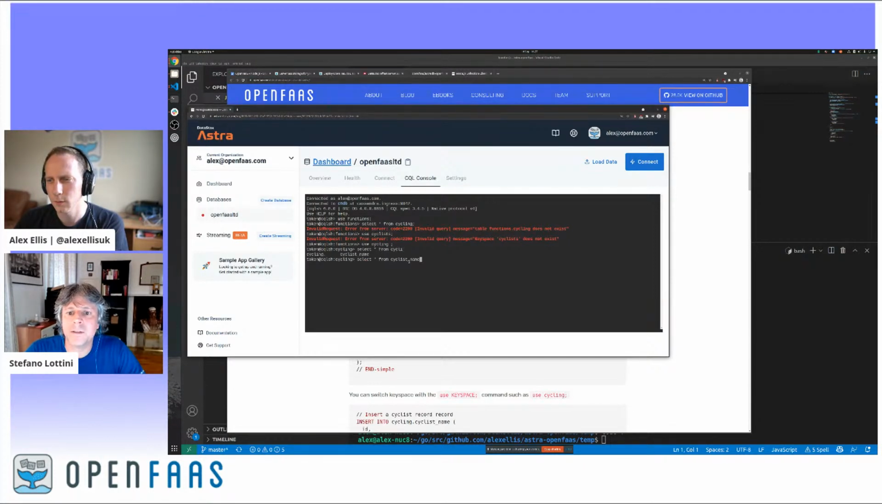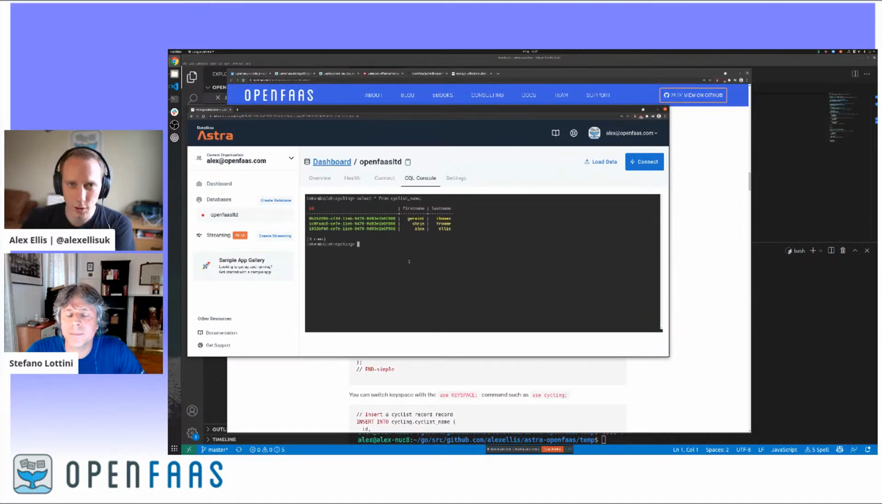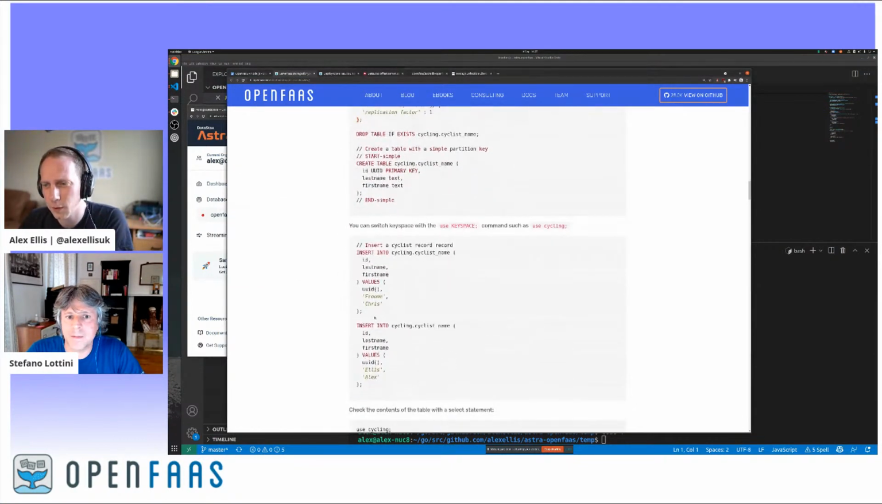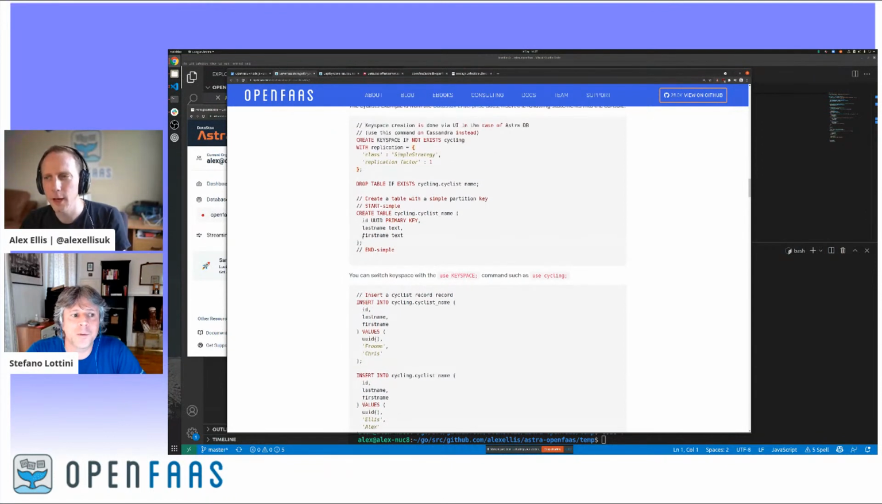Cyclist name, that is the name of the table, and there you go. This is very, very similar to what I would type in Postgres or MySQL. And we're just inserting. So CQL was modeled around SQL. Now it has some obvious differences due to the underlying different architectures, but it is made not to intimidate relational